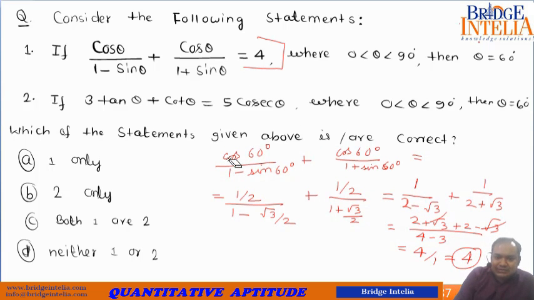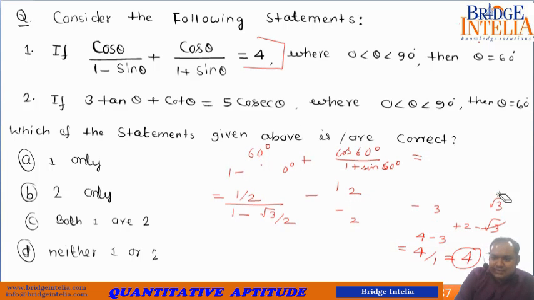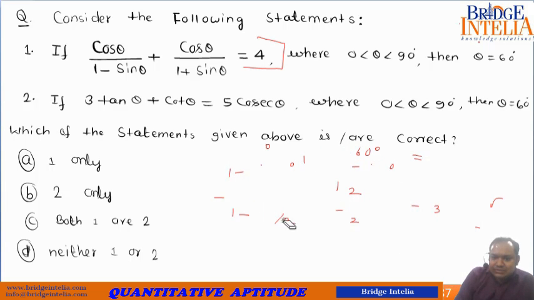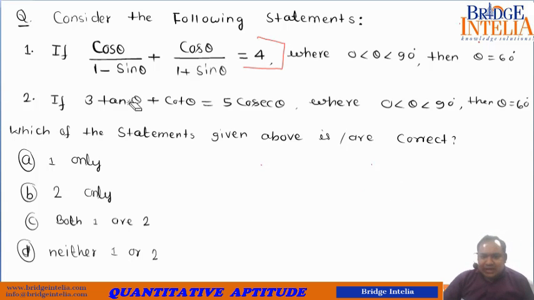Now let's verify the claim made in the second statement. Let me erase this first so that I get ample space to solve. So the first statement is correct. We have successfully verified the veracity of the first statement. Now you can also try to solve it by the time I'm done. For the second statement as well, you have to simply put theta is equal to 60 degrees, and let's try to understand. The second statement asks us to calculate the value of this expression assuming theta to be equal to 60.